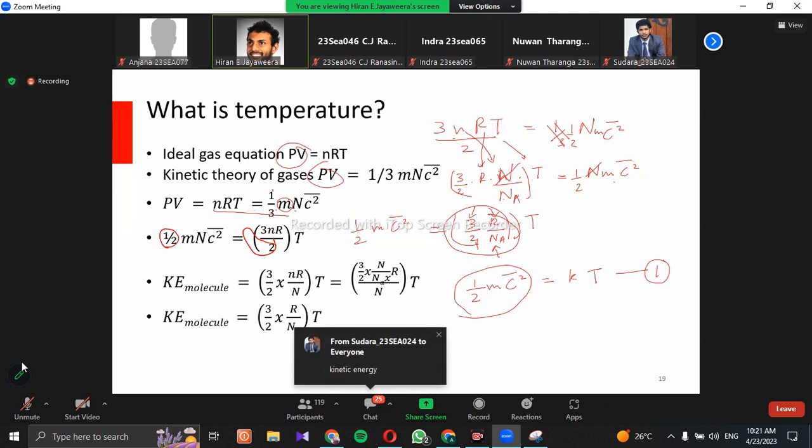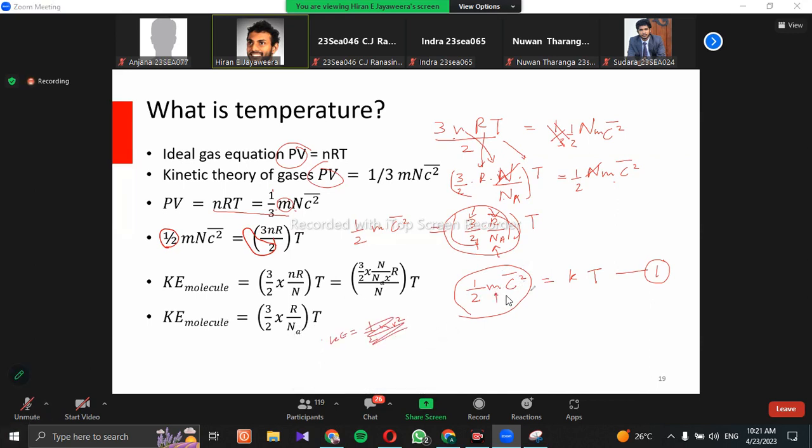It's the kinetic energy of one molecule, right? You remember its kinetic energy is basically half m v squared. Instead of v squared, we have the average square velocity, and m is the molecular mass. So what you represent here is half m v squared, where v squared is averaged. So it's the average kinetic energy of a molecule